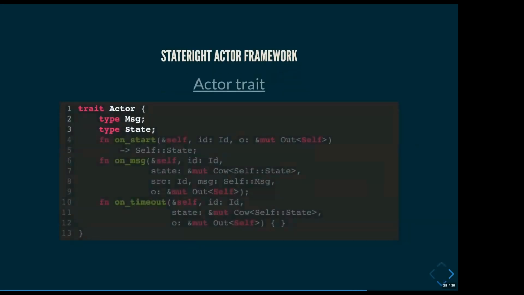So now we'll dig into the actor side of the framework. Here we have a trait that you implement to define your actor as a state machine. So you have two associated types, the message type that your actor operates upon, and then the internal state of the actor. And the word state here is a little bit ambiguous. You can use state to refer to the state within the actor. You can use state to refer to the global state of the system, which includes all of the actor states, but also the network state,